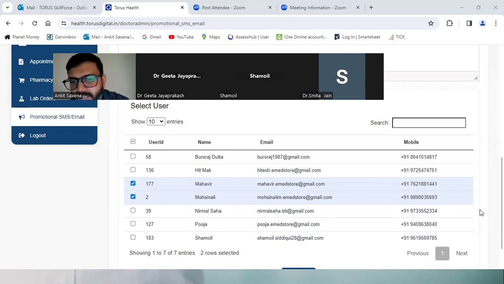Please inform what marketing Torus plans to do. Okay, Dr. Krishna, as far as marketing is concerned, we come up with some promotional camps. We are doing every sort of marketing on every social media.